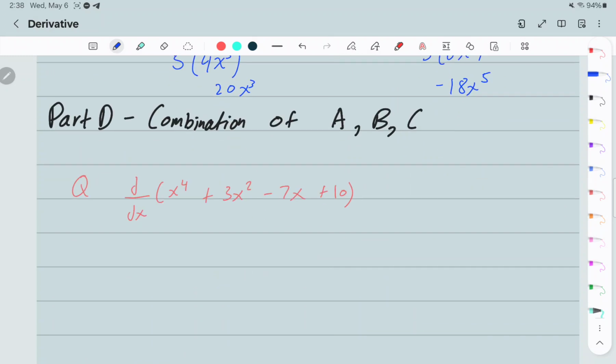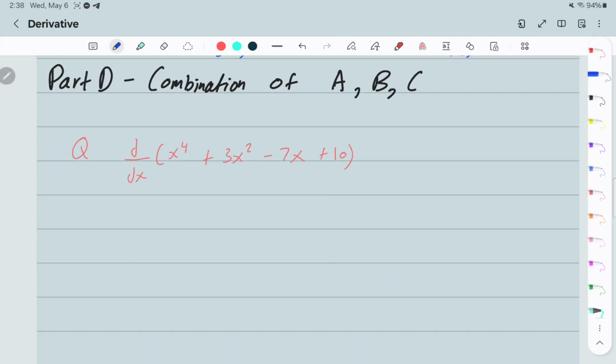Similarly, we can combine all of this and give you an expression which has multiple things from A, B, and C, which is pretty easy. You just look at each of the things one by one. You first take care of x^4, then you take care of this, then you take care of this, and then finally the constant itself. So if you start solving this one by one, we see x^4 becomes 4, x^(4-1),